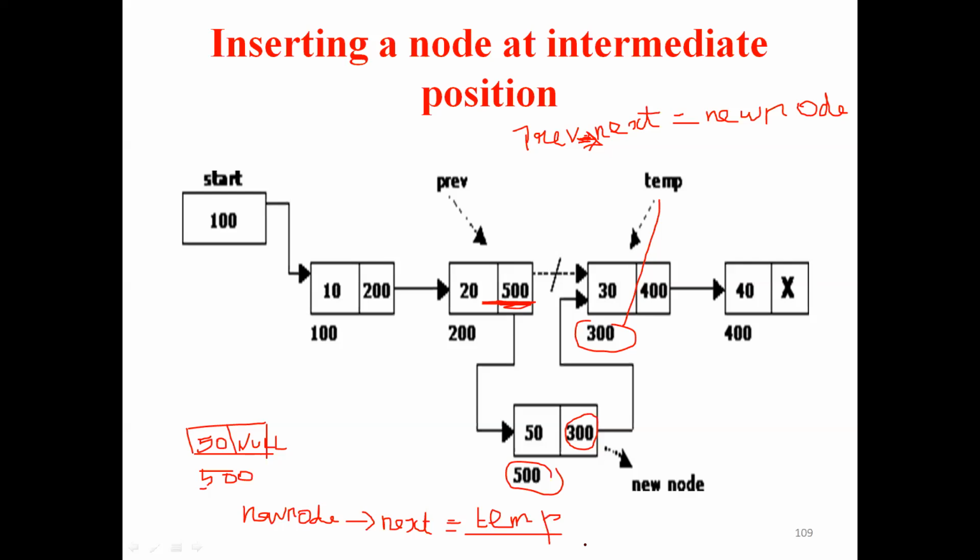Okay, let me go to the previous slide. Okay, these are the two updates you have to do. That's all. Okay, how does the temporary pointer suddenly come here? You can ask why this temporary pointer comes here. How will you come to this position? How will you know that 20 is the previous node? You have to check the condition whether the previous or any pointer's next data is equal to the searching data. Okay, so that I will show in the algorithm part.